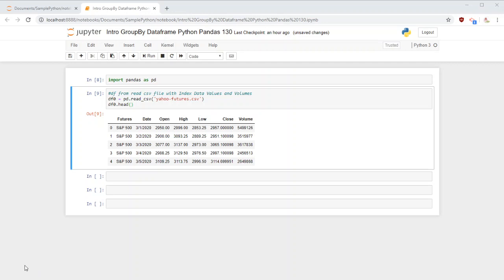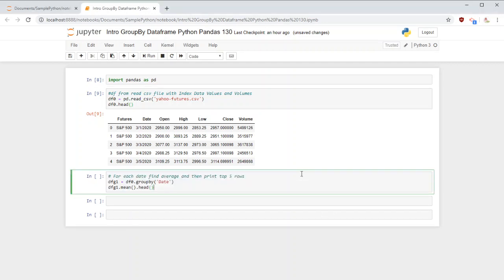Now let's say I want to group by dates. If I want to group by date, there is a Python syntax where we can say the data frame name, which we got as df0, and then groupby date. So for the given date March 1st, we may have a few other records in the file.